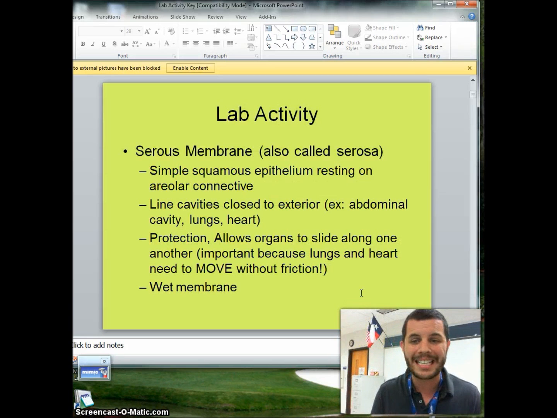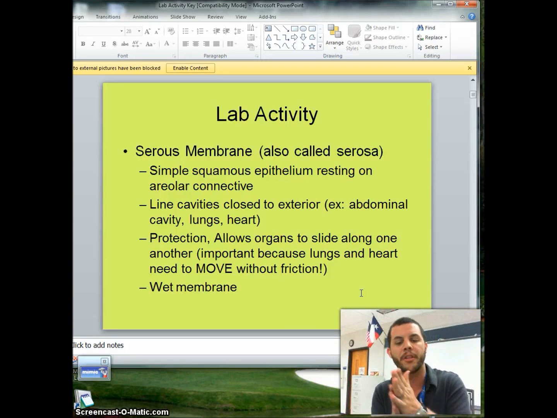First question is, what is a serous membrane? This is also known as a serosa. Basically what we have is a simple squamous epithelial tissue that's resting on top of an areolar connective tissue. We're going to have two little layers that act as a sac, and it's going to protect our organs and allow them to slide across one another without friction. So that's going to be extremely important in